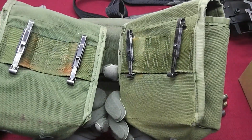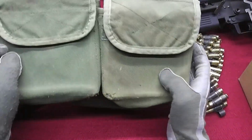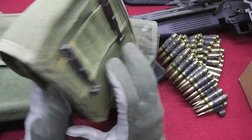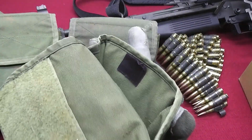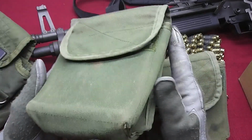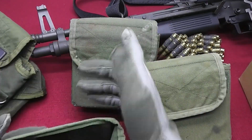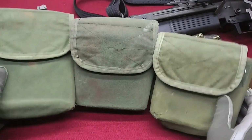They are identical, just in different stages of use. As you can see here, this one is very used and has seen some action, but it could go through another war for sure. We have the t-shirt tag here almost ripped out. The other one is in a little bit better shape, a little bit faded, but nothing major. And it also has the t-shirt tag like this one. So I was beyond happy to have now three of these